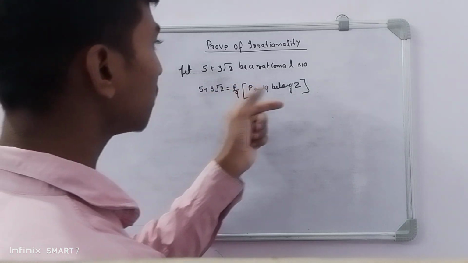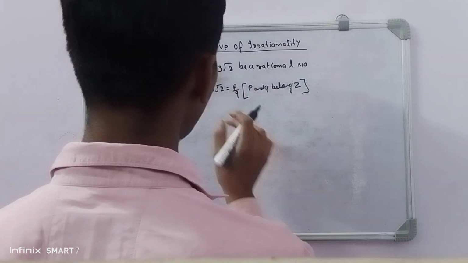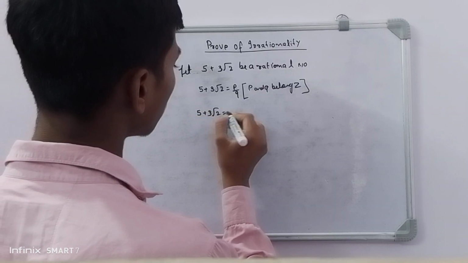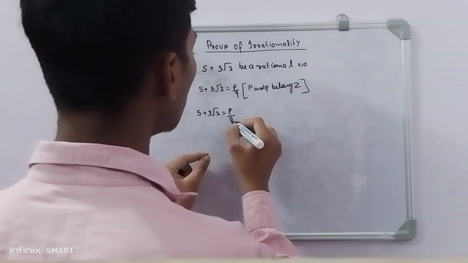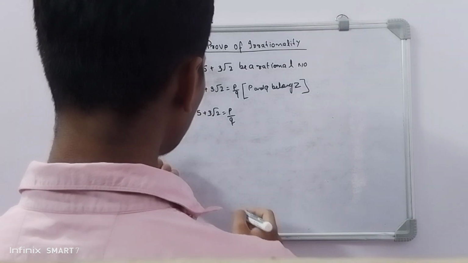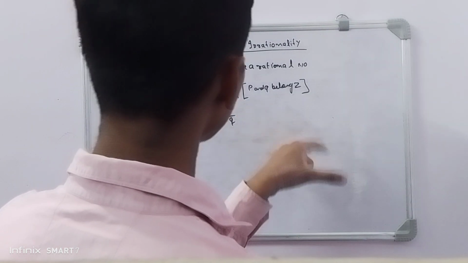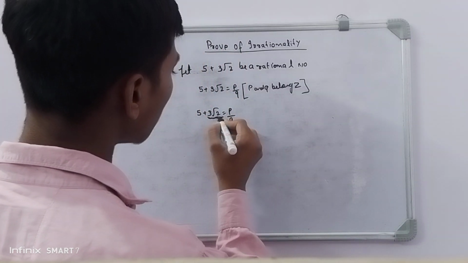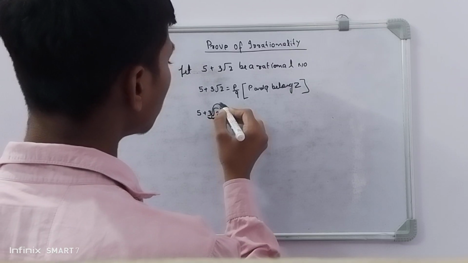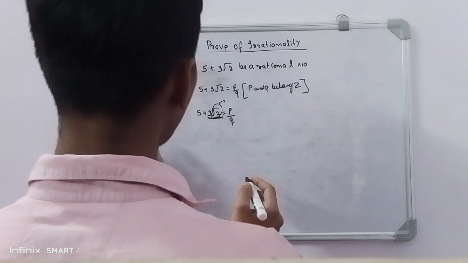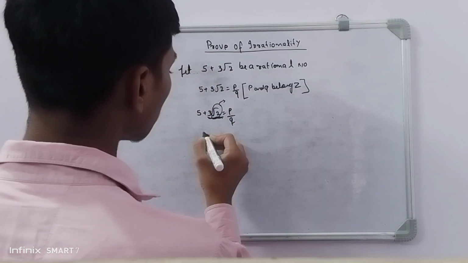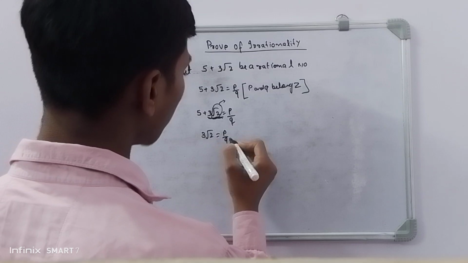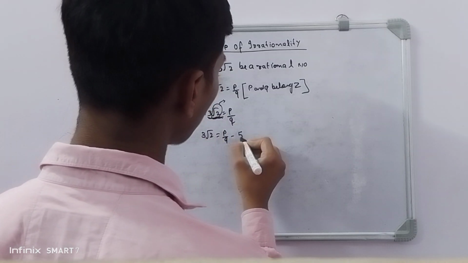So as we said that p and q belong to the integers, right here we have 5 plus 2 root 3 is equal to p by q. In this type you have to keep the irrational number on one side and send all the rational numbers to the other side. As we know, root 3 is the irrational number. So keep this on the left side and send all the numbers to the right side. For this, just write here that 2 root 3 is equal to p by q minus 5, and this 5 goes to this side with a minus.